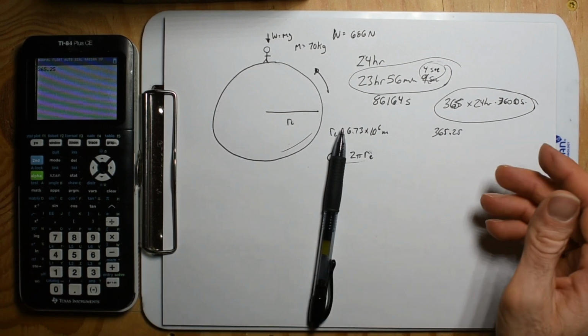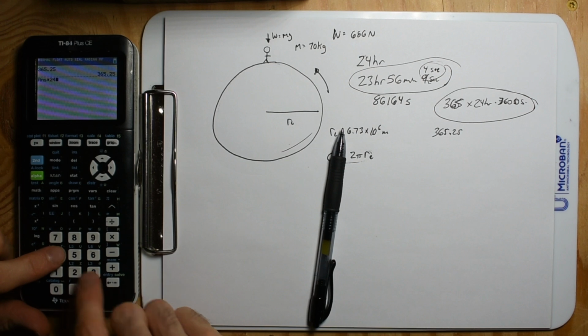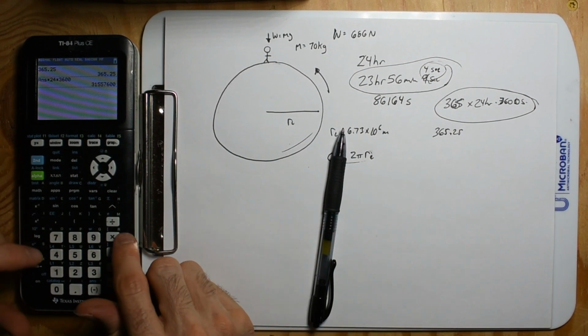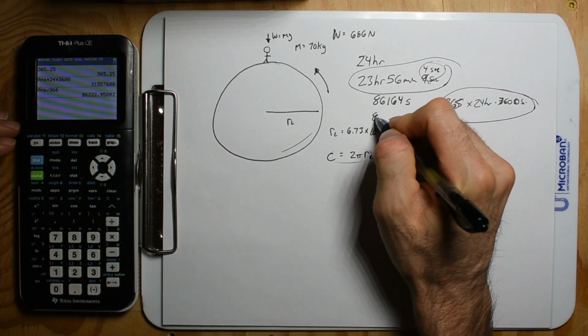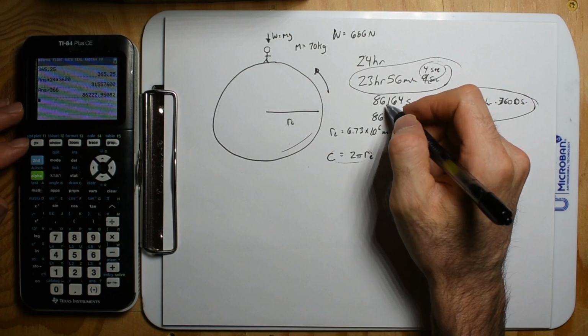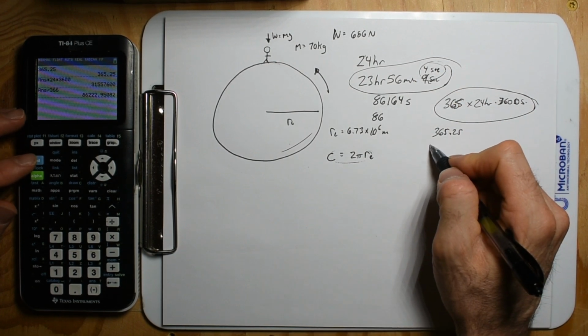365.25, because you get that extra quarter day for the leap year. Then you multiply that by 24 times 3,600, and that's how many seconds. But now you're going to divide that by 366. Cool, so then you get 86... Oh, but no, you can't. You have to divide it by